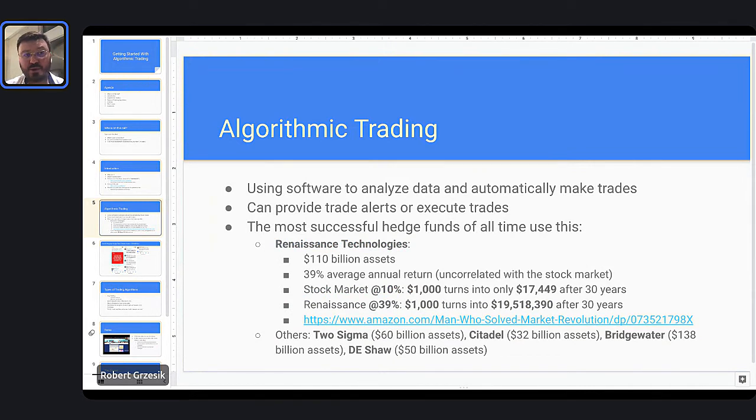Again, there are a lot of really successful people and companies that do this sort of thing. So let's talk about a couple of these companies that are making money doing this. Probably one of the prime examples is a company called Renaissance Technologies. They've been around, I believe, since the 80s or 90s. They basically started probably the first hedge fund, or one of the first, to use algorithmic trading techniques.